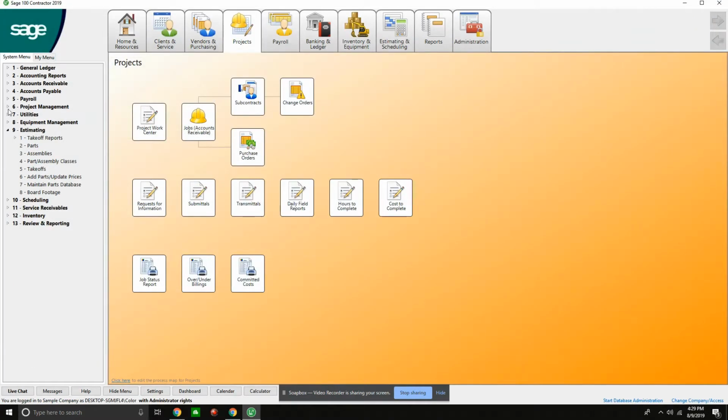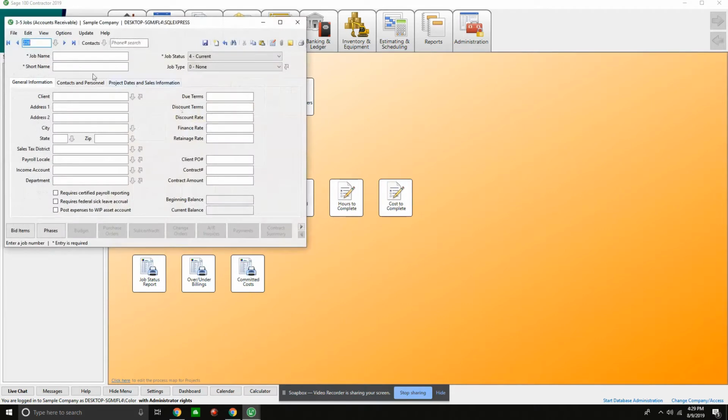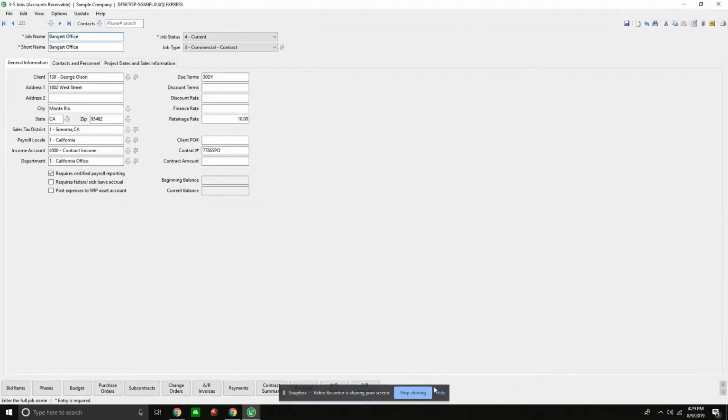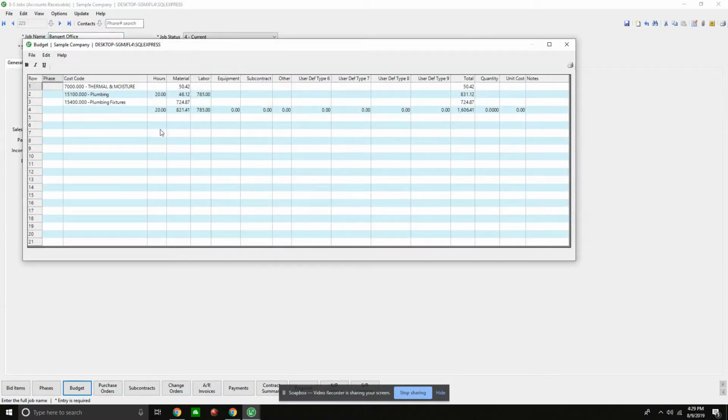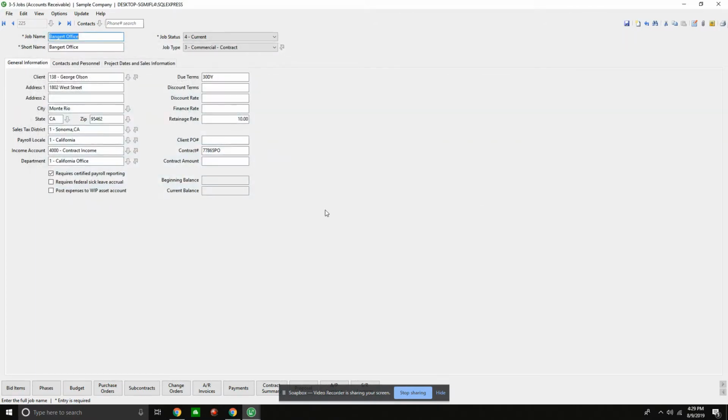As well as, not only did I export my purchase orders, but if I wanted to go look at my project to see exactly my budgets, my proposals, I can open up my job. I'm gonna go to job 225. And now I have some information down here at the bottom, such as my budget. So now my budget is in the system, giving me my total. So nobody has to try to figure out, hey, call estimating or try to figure out from the project manager what the original estimate was. All that information was done in the takeoff and exported over to the accounting version.